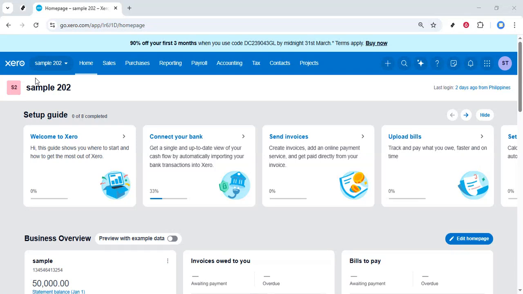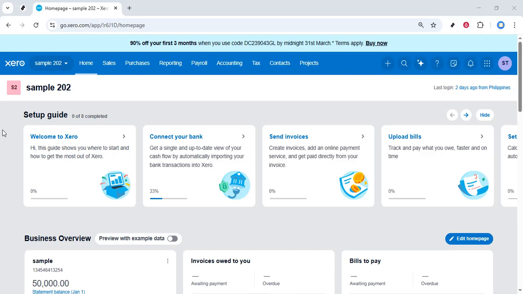In this video, I'll guide you through how to manage user roles in Xero. If you're an account owner, an admin, or someone responsible for controlling who can see and do what inside your Xero account, this walkthrough is for you. By the end, you'll know exactly where to go to adjust a user's access and how to update their permissions